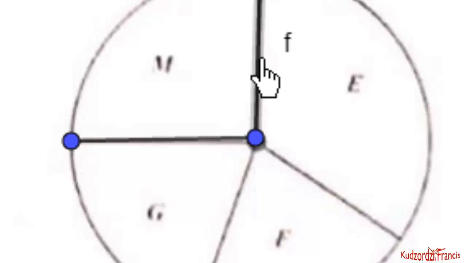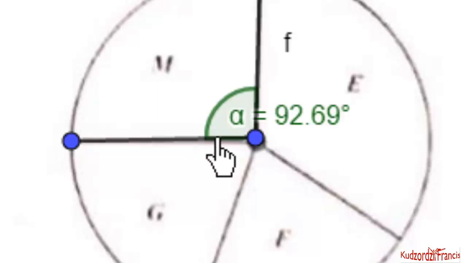42. The pie chart below, drawn to scale, shows how a student used 12 hours in studying English, mathematics, French, and geography. The amount of time spent studying mathematics is approximately. So we need to measure this angle here, and you need to use your measuring tool, that is the protractor, because it says that it was drawn to scale. So I measure this way, and this is what my protractor gives me,